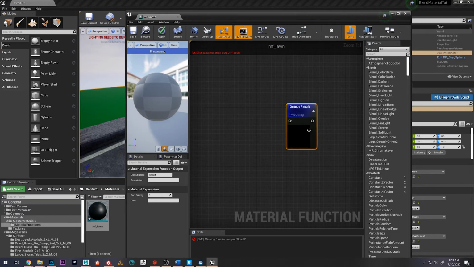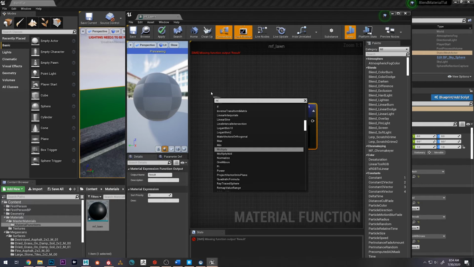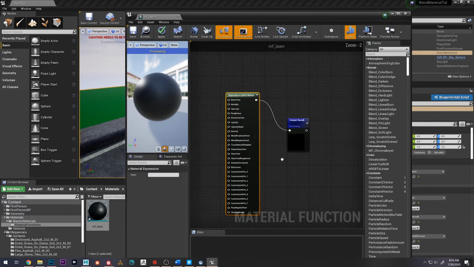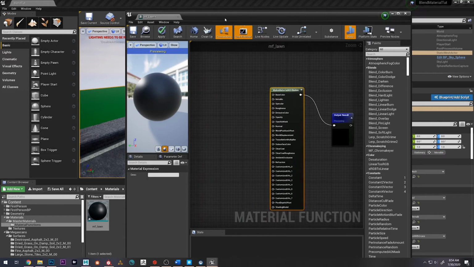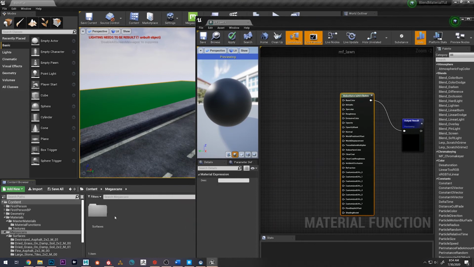So first thing you'll notice is this output result. That's being previewed. So I'm just going to grab a wire out of here, and we're going to look for this node called make material attributes, and that's basically like our root node that we're kind of used to. With that set up, I'm going to move this over, and I'm going to come over to the Megascans library, and I'm going to find that lawn material,